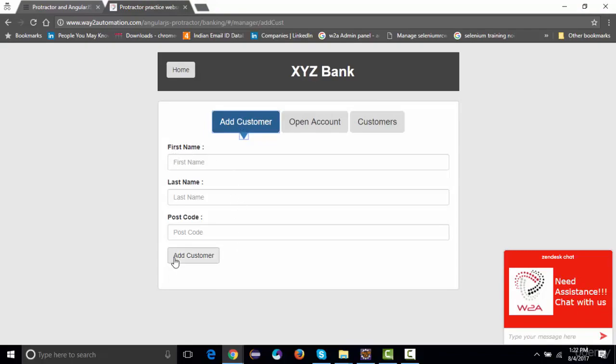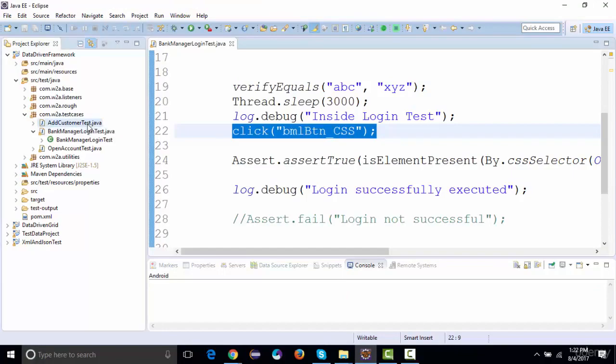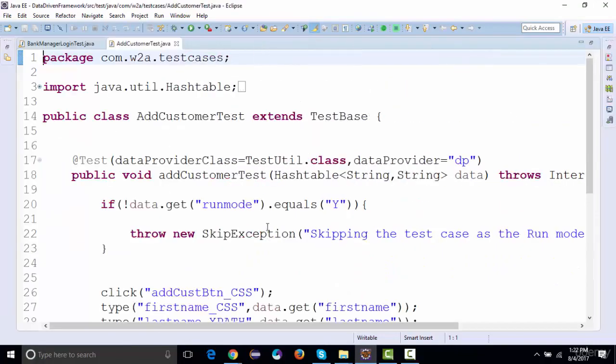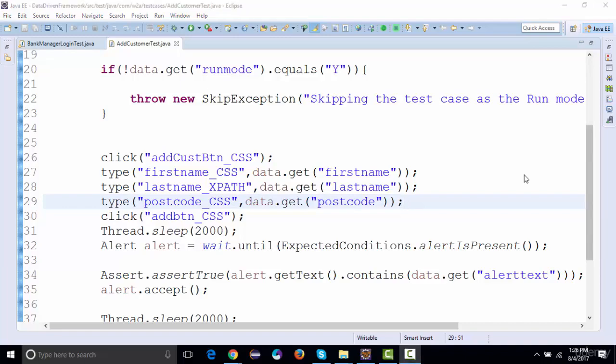So we were entering all these fields. Let's say five more fields got added over here. So what I'll be doing is I'll go to my add customer test, and this is my test case, and I'll be adding four or five more lines to validate those fields as well, right?